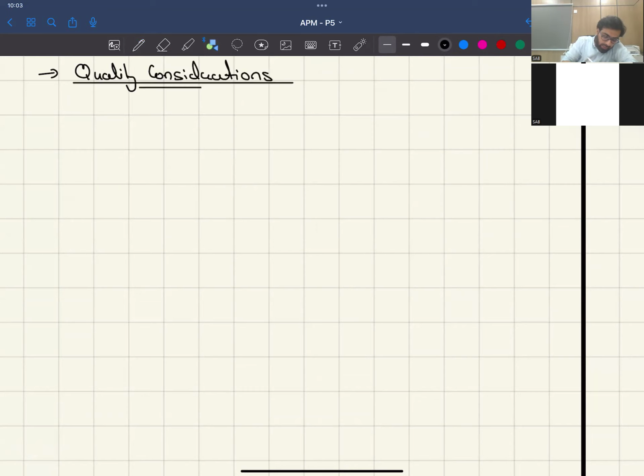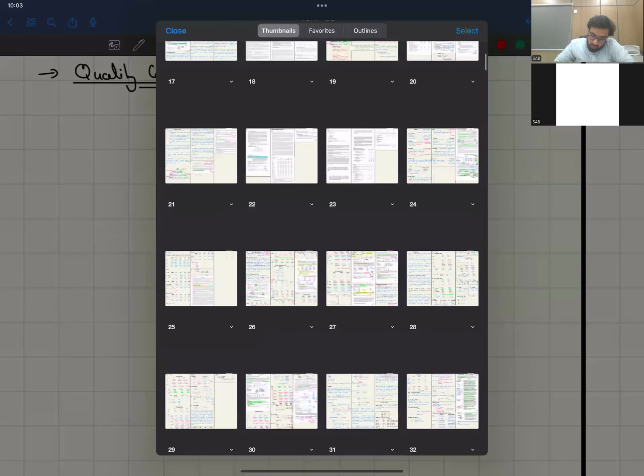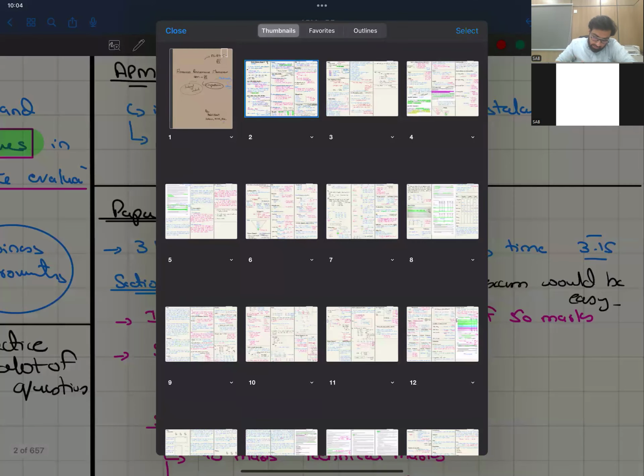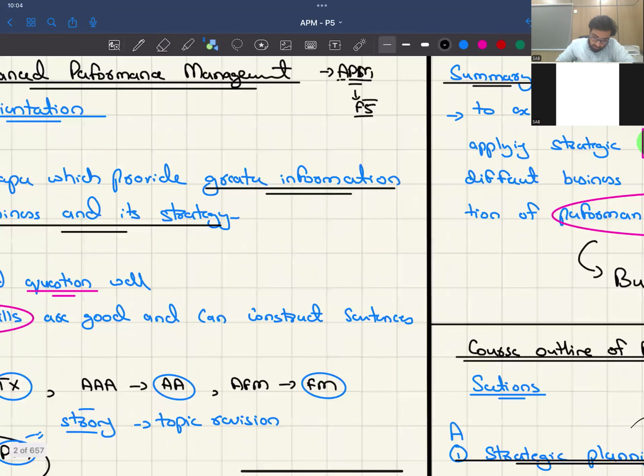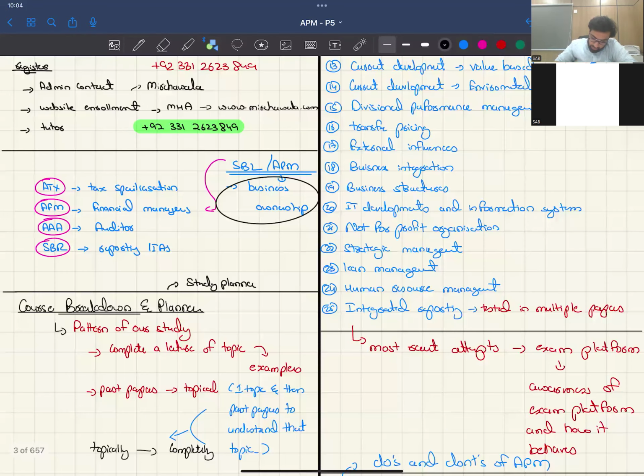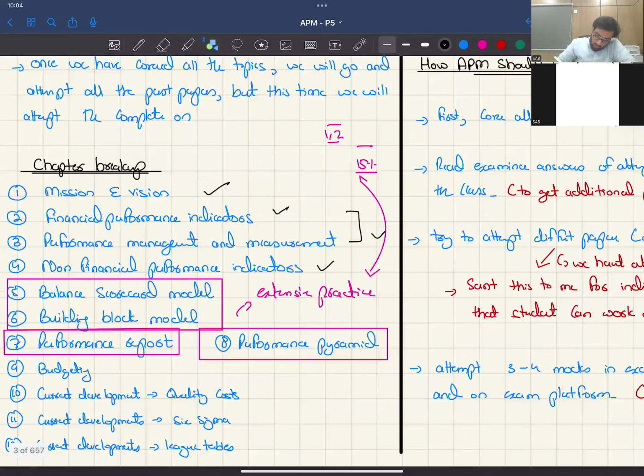So far, if we see what we have covered, let's take here. In this, we made some chapters data, right? So we have covered budgeting, and then we have variances. Yeah, I missed the variances here, so write it that budgeting and standard costing. Okay, so we have done that.